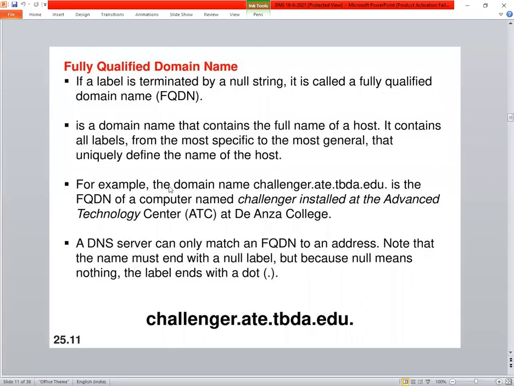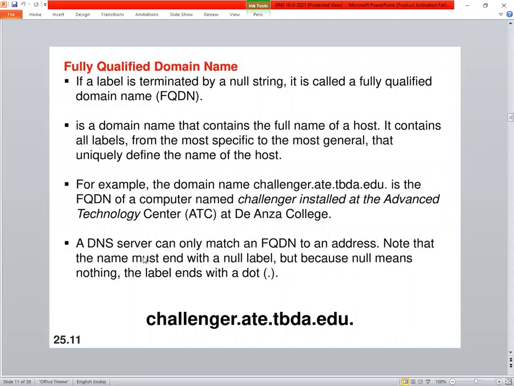For example, the domain name challenger.atc.fhda.edu is the fully qualified name of a computer named Challenger installed at the Advanced Technology Center (ATC), De Anza College. And one more also, a DNS server can only match a fully qualified domain name to an address.